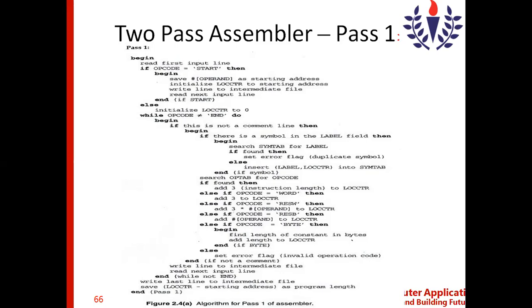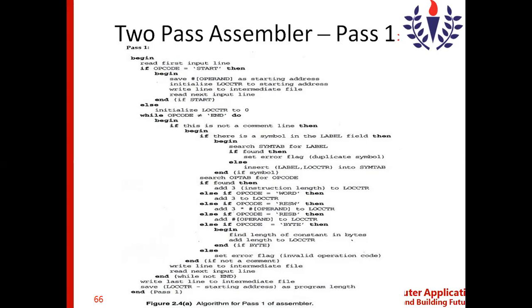The mnemonics and the corresponding values, all this information is available in the optable, as I have already mentioned. I've shown you the structure of the optable also: the mnemonic, that is the operation code, and the corresponding machine code equivalent.